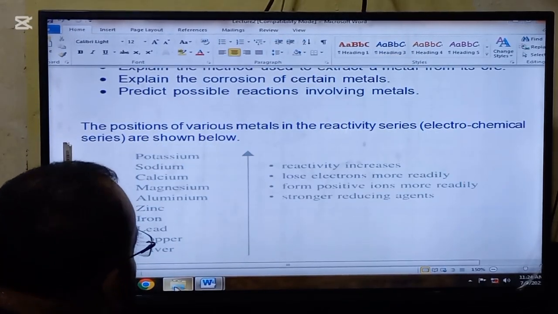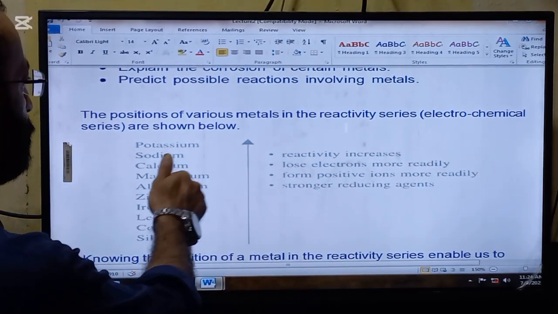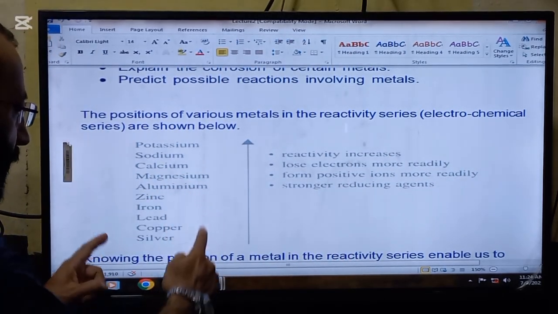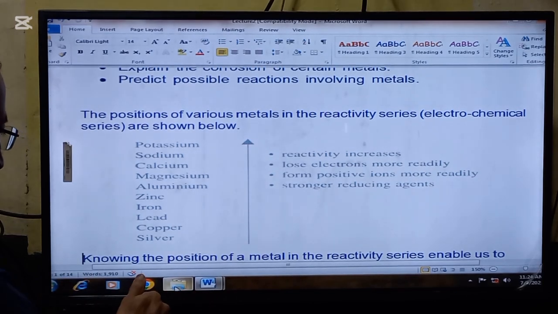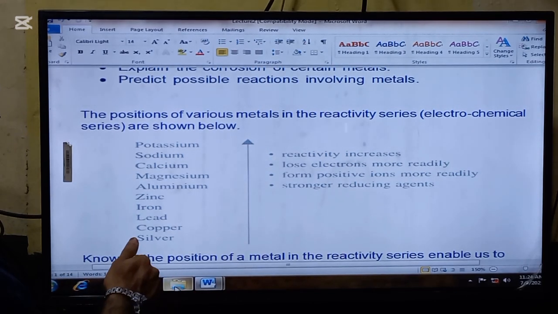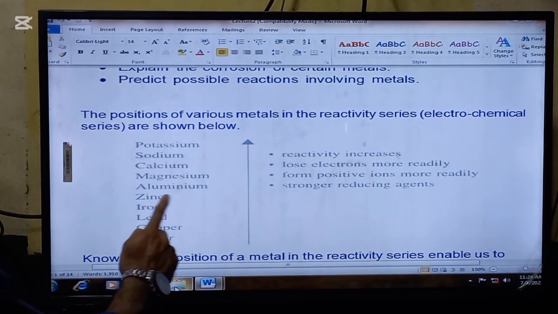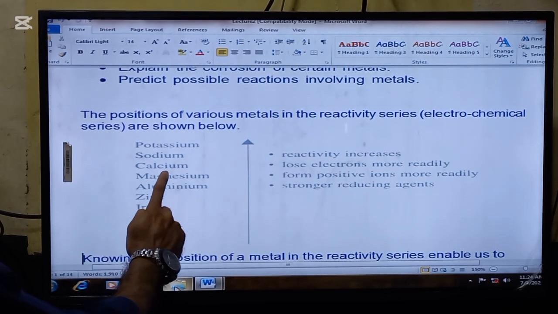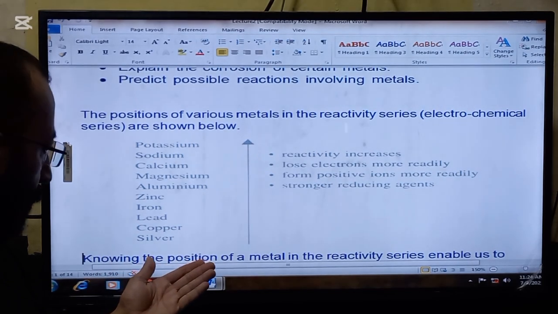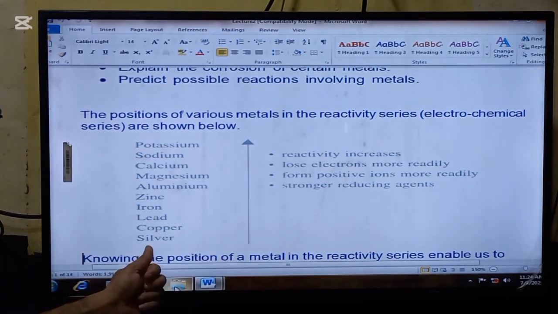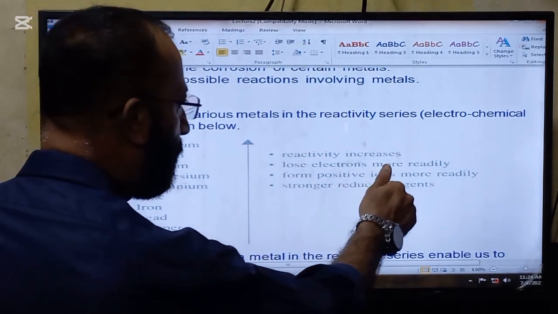The position of the various metals in the reactivity series, electrochemical series, are shown below. So this is the reactivity series. From the bottom we are going to read silver, copper, lead, iron, zinc, aluminium, magnesium, calcium, sodium and potassium. So as we go from lower to upper in the reactivity series, the reactivity increases,